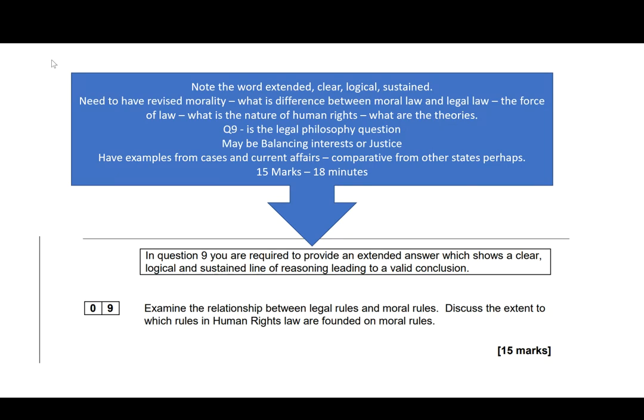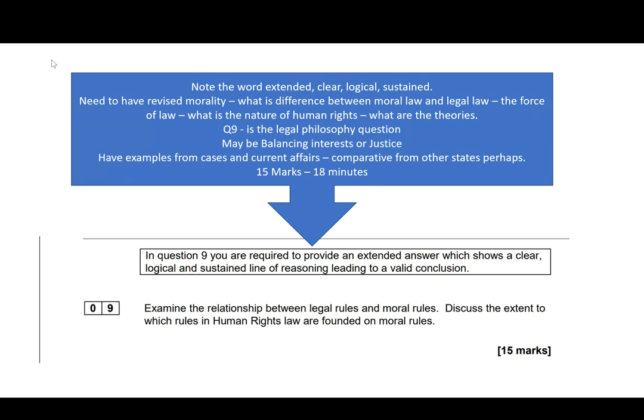So question 9 then is an evaluative question, and it may be asking your son or daughter to discuss either balancing conflicting interests in law, how the law mentioned achieves justice for the citizen, or the morality issues that the human right raises. These will generally rotate from year to year and will also be dependent on what has been covered on other papers. This might also be a place where the harmony, margin of appreciation, or violation or contravention of human rights law within the British domestic law could be evaluated.